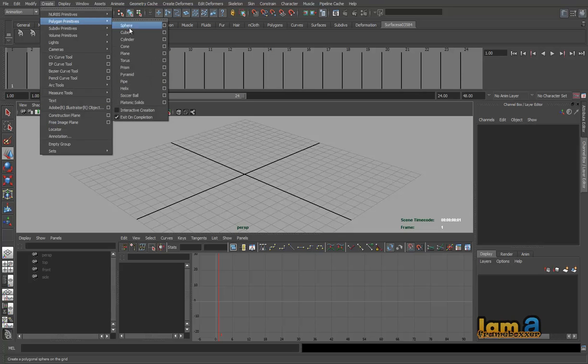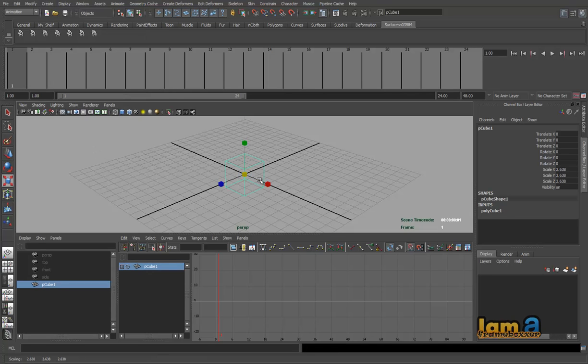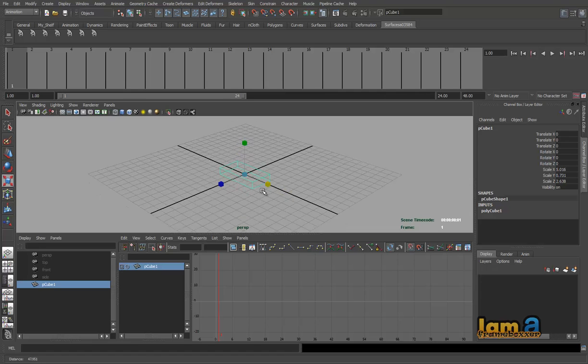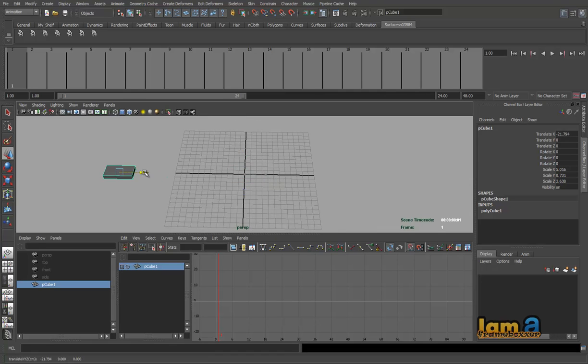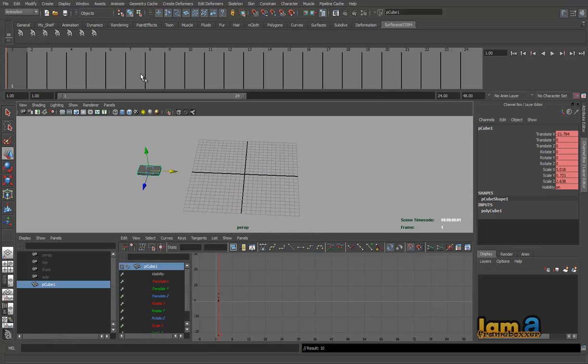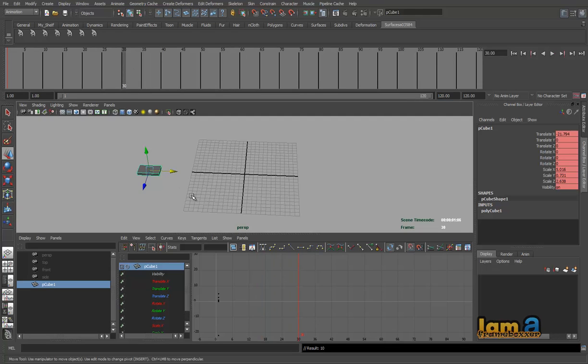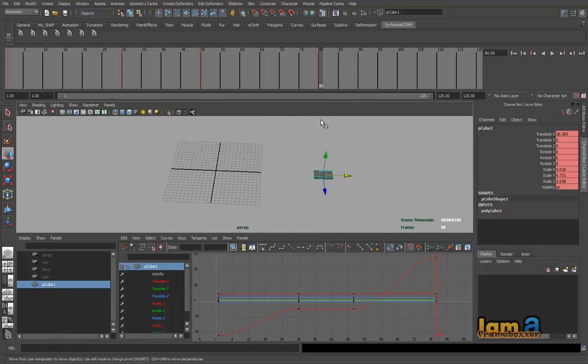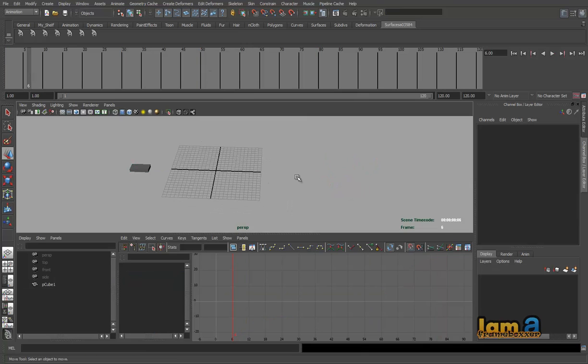Let's say for example, we create a cube there, and imagine this to be a car, and we'll just animate this to move and then stop for some time, then move ahead. So let's set a key there, and let's keep it 120 frames. Let's go to 30, move this there, set a key. From 30 to 50, let's put a hold, just set a key there without making any change to the object. Again from 50 to 80, let's move this ahead and set a key. Now if I play this, you can see the car moves forward, stops, and then moves forward again.